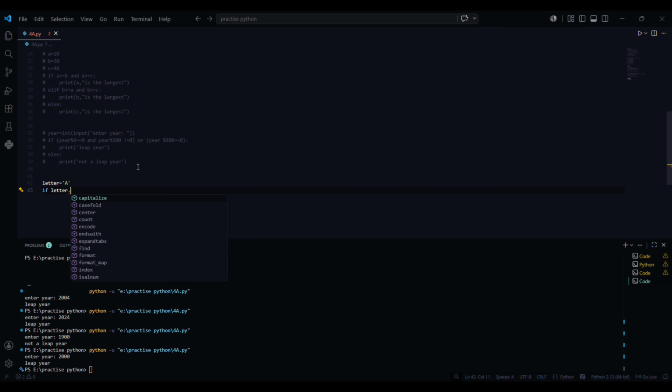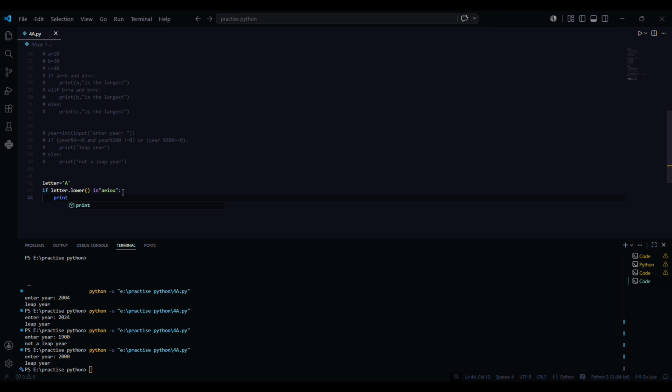So let's try to convert all the letters that we get into lowercase. So there's a function for that which is lower, right? So here this capital A would be converted to a small a, and then let's check whether it is in the vowels set, the set of vowels which is A, E, I, O, U. In double quotations it should be, right? With a semicolon. Then it should print